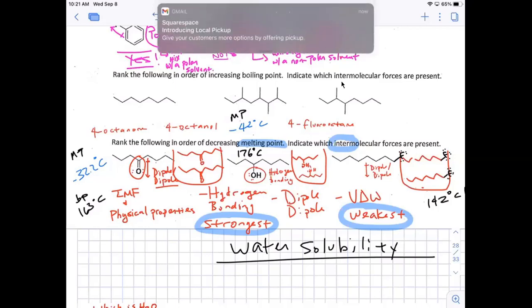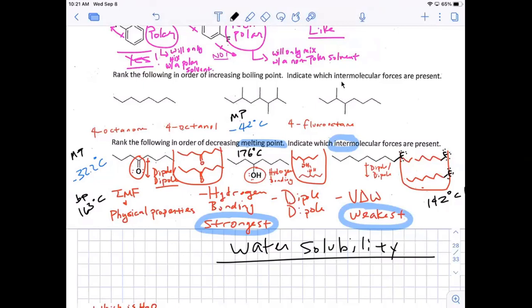And we're talking about the intermolecular forces holding these compounds together. Remember, this is a flask full of 4-octanol. So all those molecules are interacting with each other, and their dipoles are lining up with each other. Same with the fluorooctanol. So what do you think is the cause of that big difference in the boiling point?